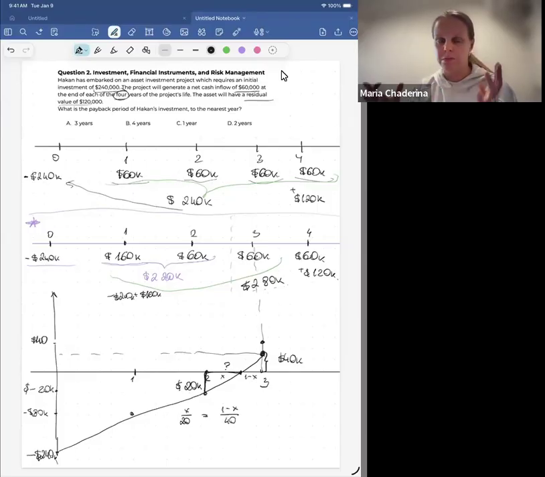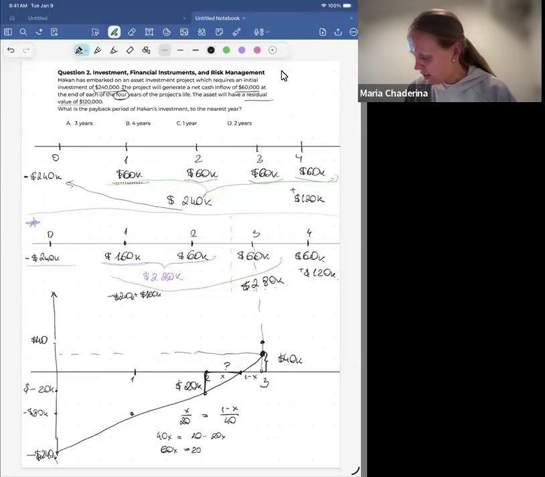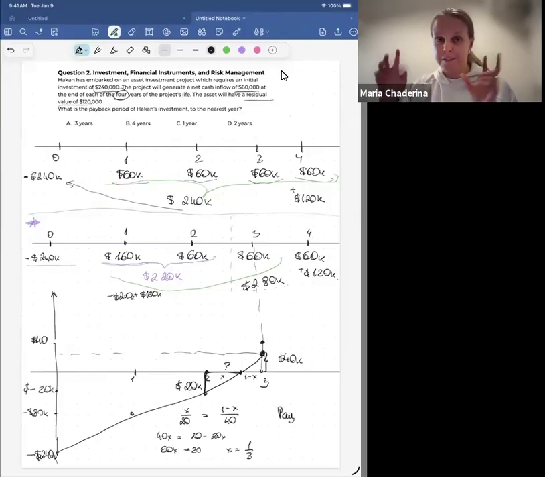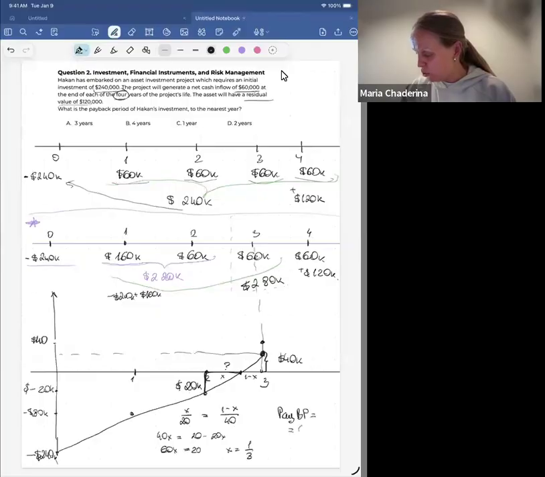So this relationship is from algebra. You can just memorize the formula if you don't want to rederive it every time. For me, it's much easier to remember the mathematical expressions rather than remembering the formula. So up to you. If I solve this, I will get 40x equal to 20 minus 20x. So 60x is equal to 20, and then x is equal to 1/3. So what I know is that my payback period in this slightly more difficult problem would be equal to 2 years